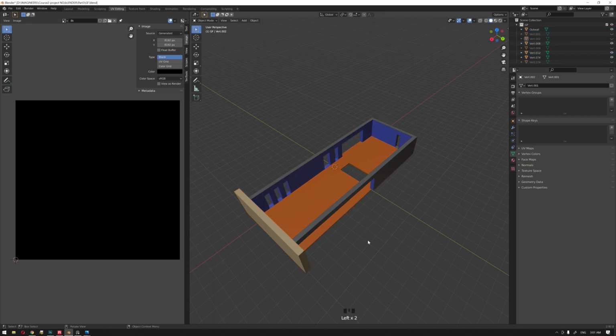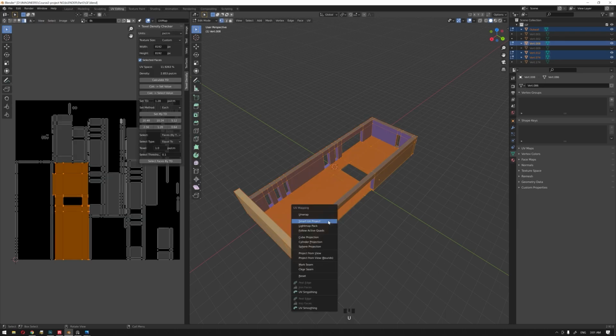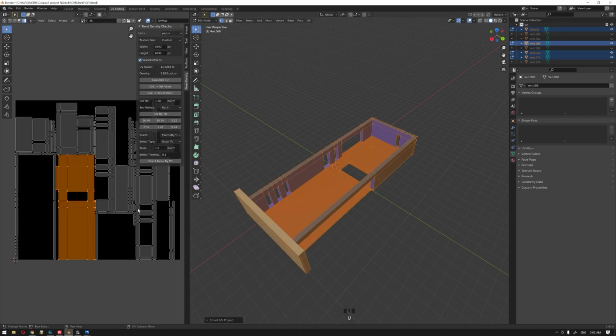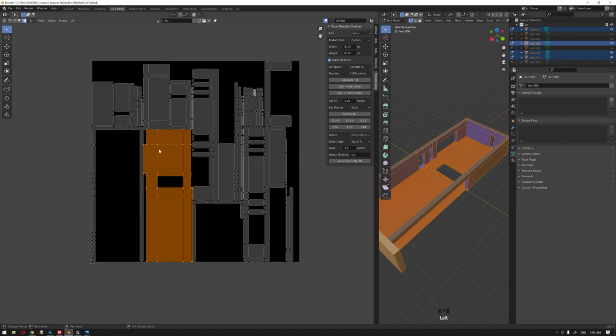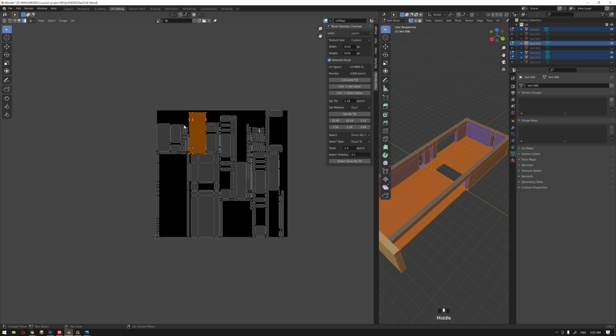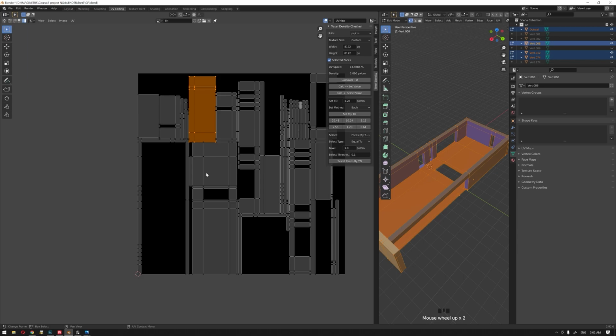So I'm going to select them all again, hit tab, unwrap them, and let's look now at our unwrapped texture. Now we can do a little bit of manual work that I'm guessing not all of us are a fan of, but it actually helps, and most of the time it's required to solve this part. So assuming, for example, we want to increase this to even higher than this value,